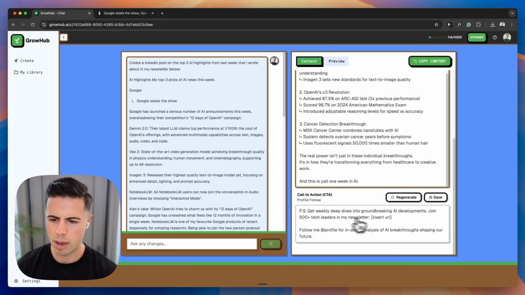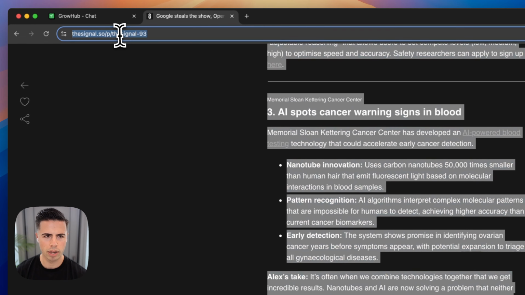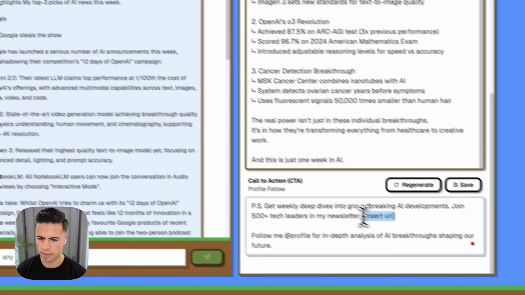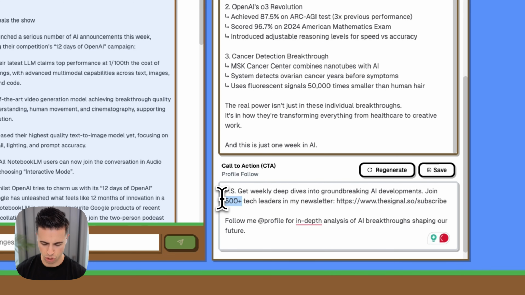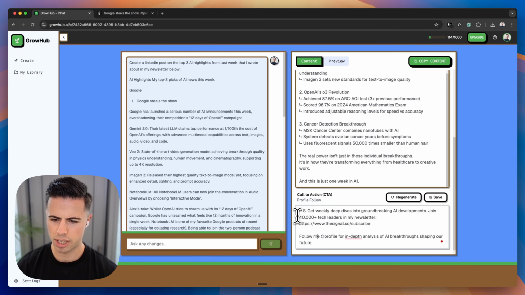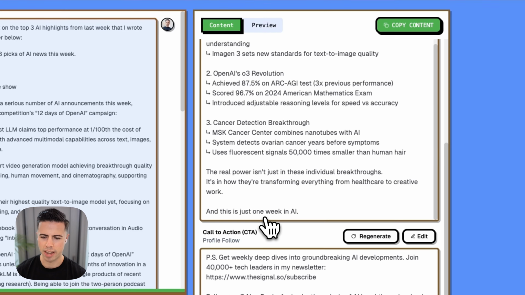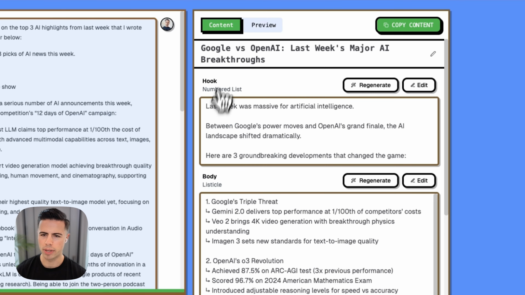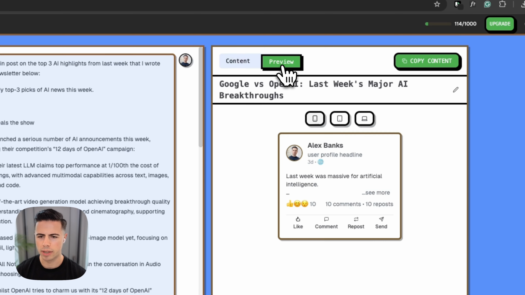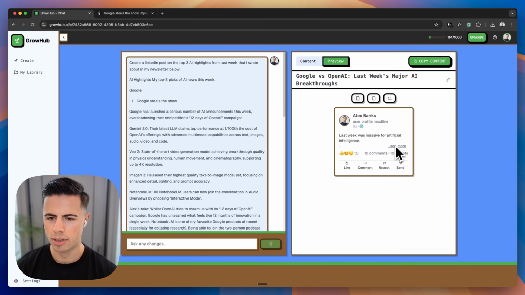So maybe here we can update this so we can actually paste in the URL of my newsletter, paste that in there. We can update this to 40,000 tech leaders in my newsletter, and then we can also update this to Alex Banks. Now we can save that. And why don't we preview it to see how it looks like on LinkedIn? So we can click on this preview button, and as we can see how it looks like across both mobile